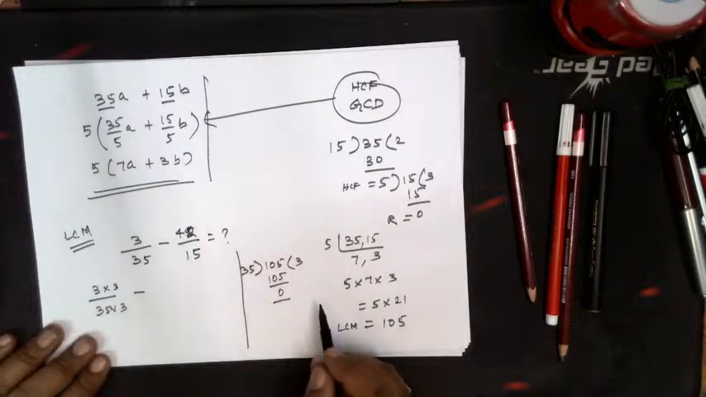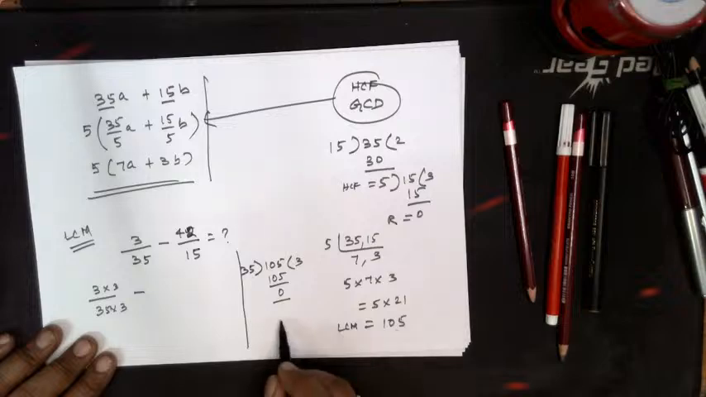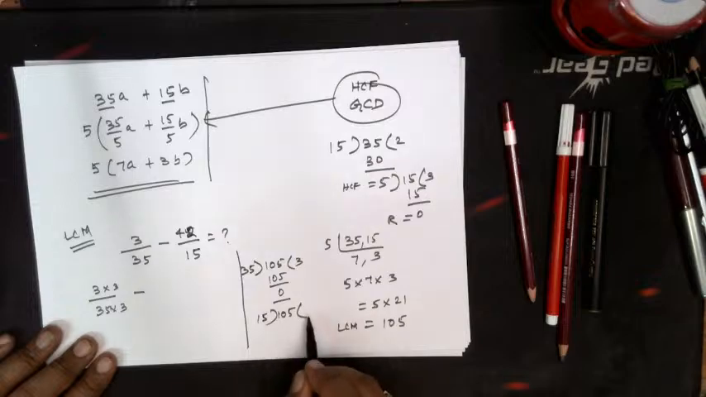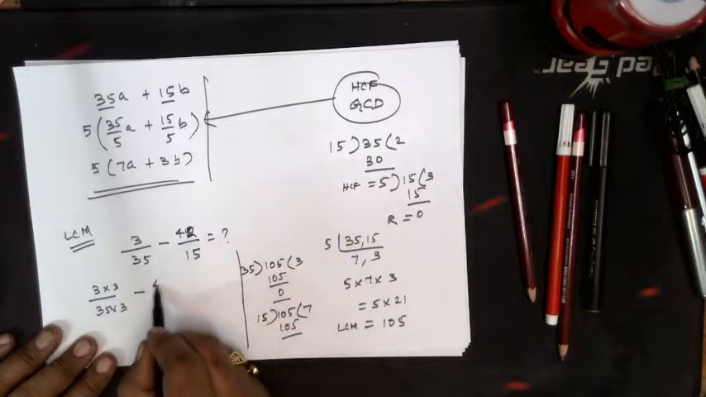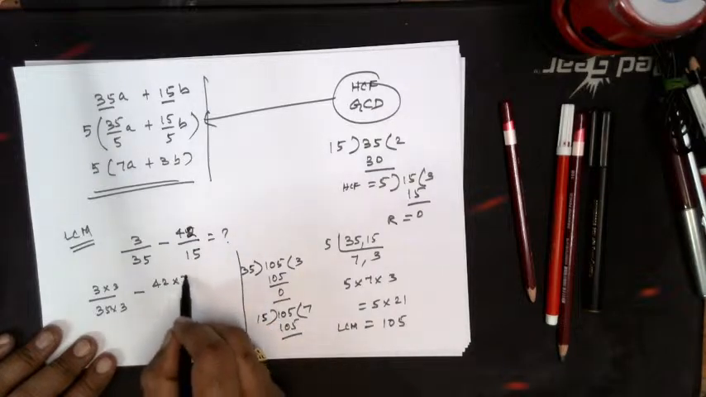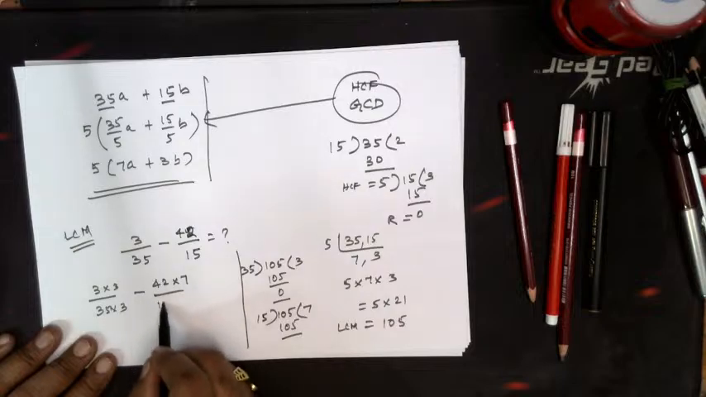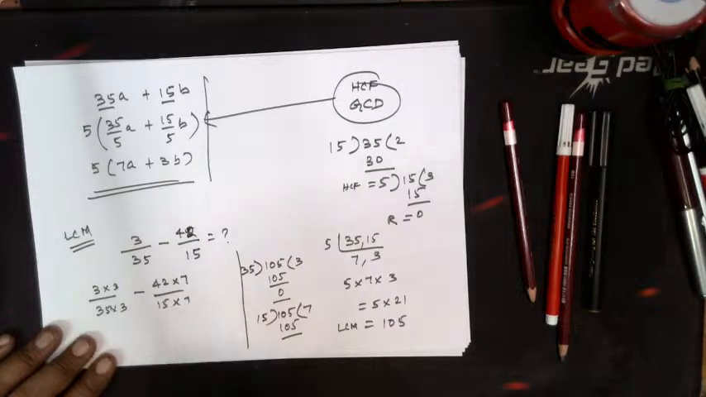And 42 divided by 15. So 15 you have to consider. So 105 and 15, how many times will it go? 7 times. Okay, so 105. In that case you should multiply the numerator by 7, and the denominator should also be multiplied by 7, and thereby